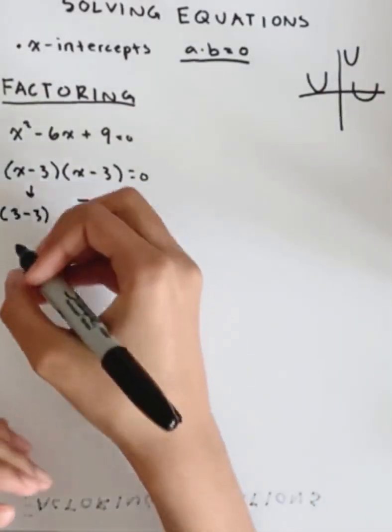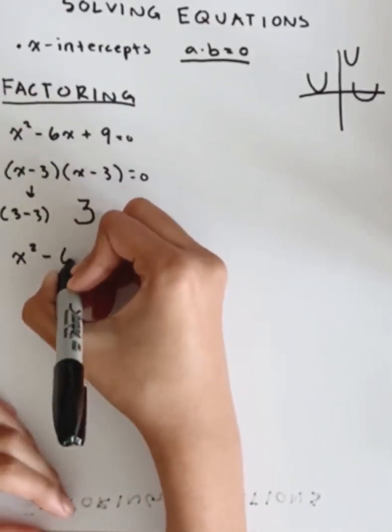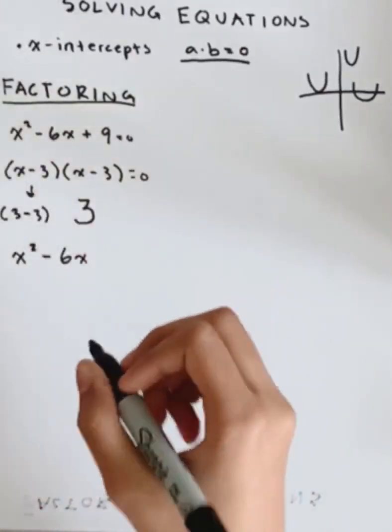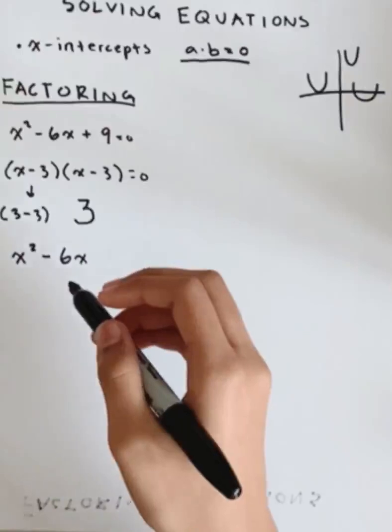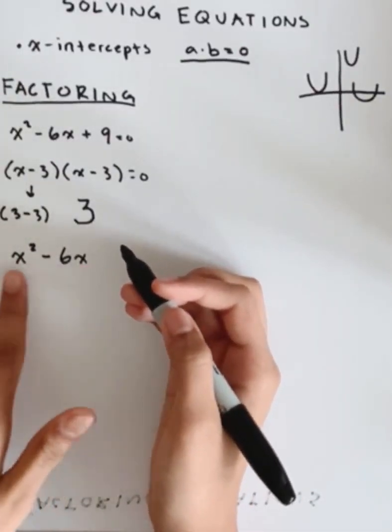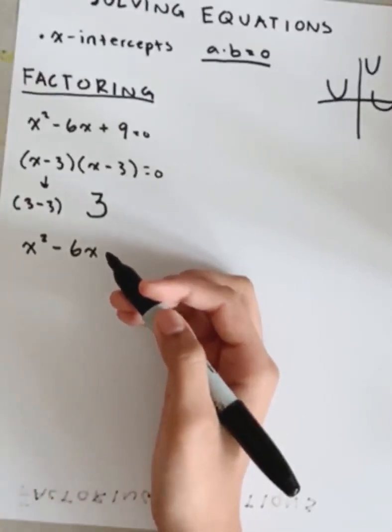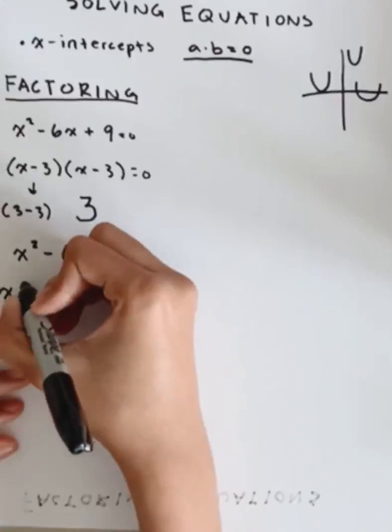Okay, so another one that we can do is x squared minus 6x. This isn't the exact same thing. It's not a trinomial, it's a binomial. But we can still factor this. What is something that we can take out of these two? We can take out the x. So if we divide both of these by x, we will get